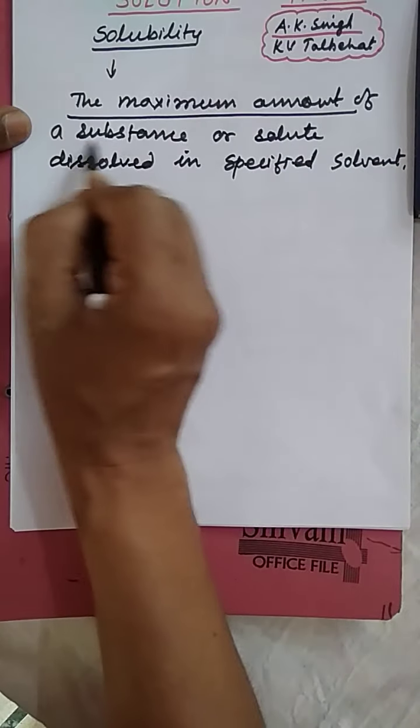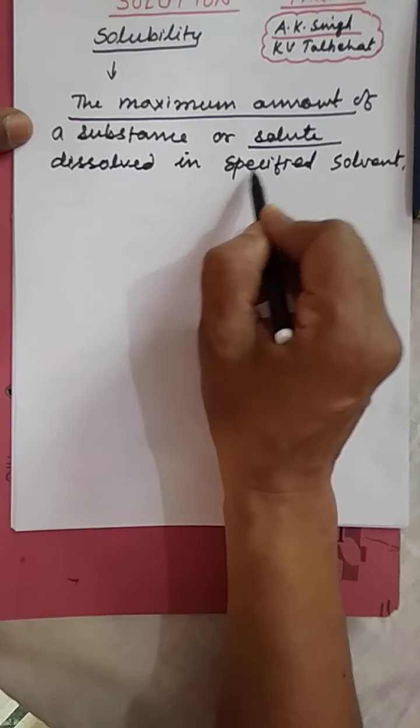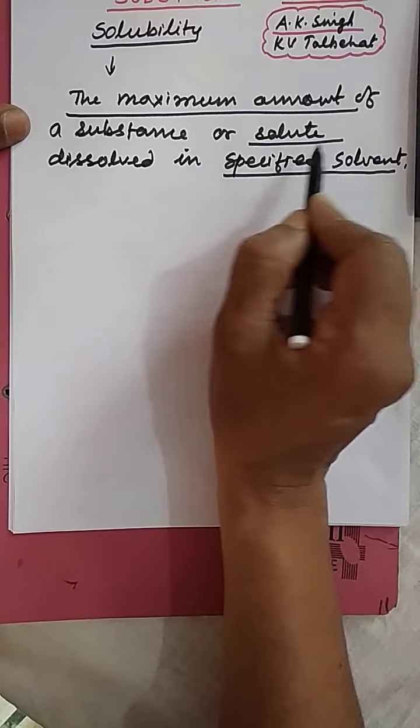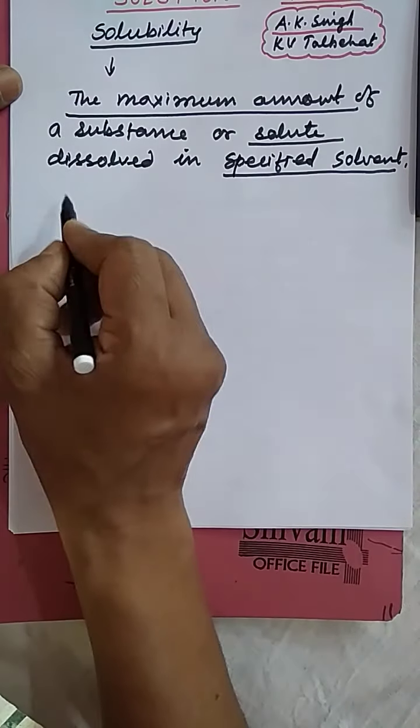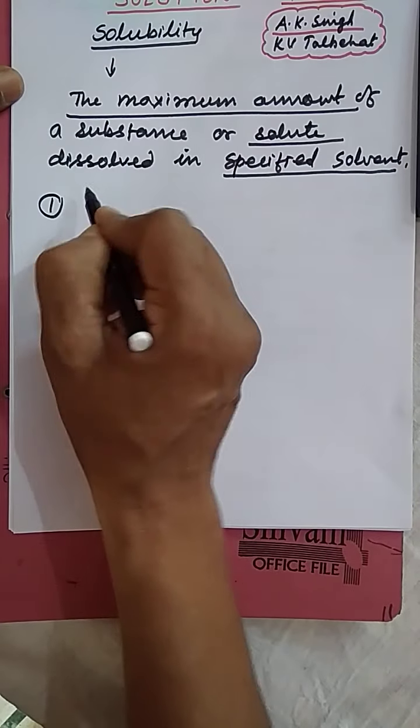Maximum amount of solute that dissolves in a specified solvent, this is called solubility, and it depends on, first one,